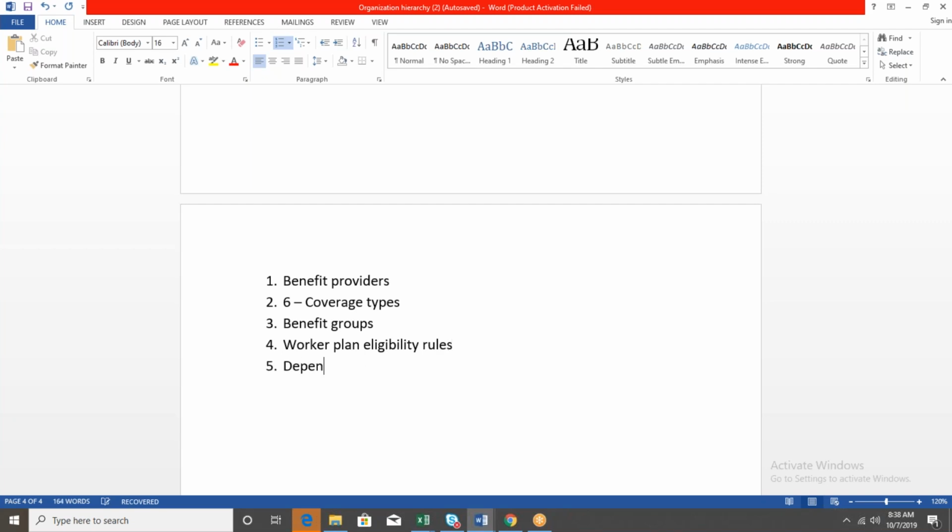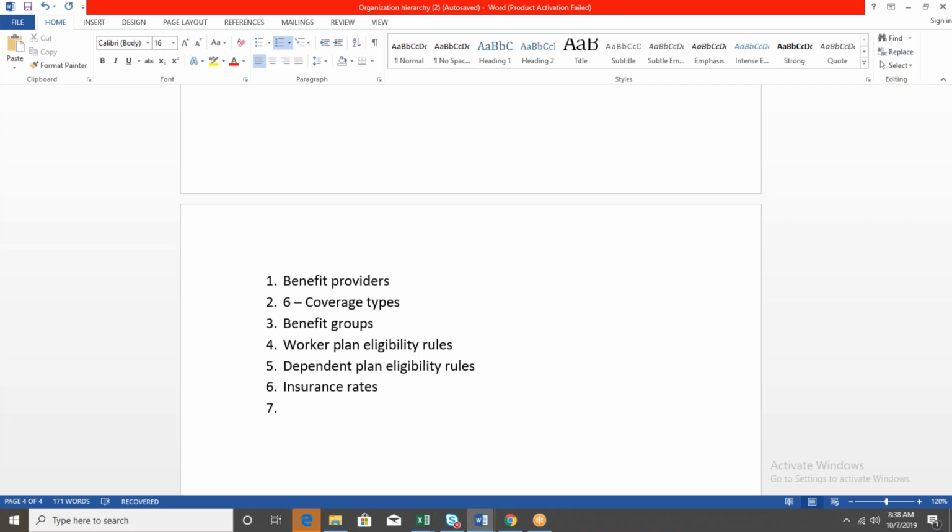Dependent plan eligibility rules. Then insurance rates: how to create rates for insurance, because we can't give directly like $10 or $5.